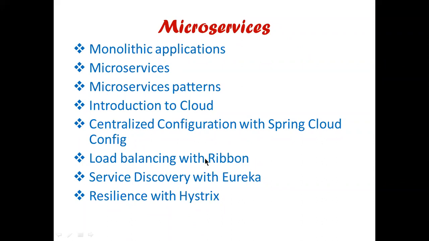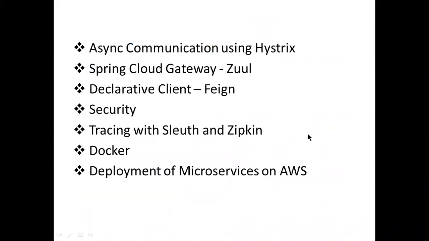Then we'll discuss how between microservices we can provide asynchronous communication. By default, we have synchronous communication. One microservice can make a call to another microservice. The microservices are going to interact with each other through REST APIs, REST endpoints only. The entire REST topic introduction will be covered in Spring Boot. And that Spring Boot knowledge is required while creating these microservices. That is asynchronous communication with Hystrix.